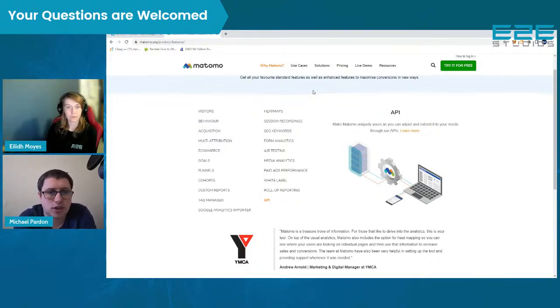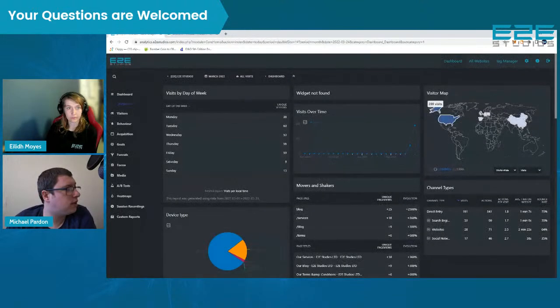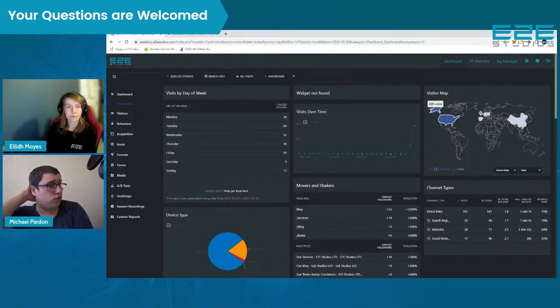So in this circumstance, you could create an API where on your own website, you might want to pull explicit data and maybe make your own graph or make your own custom reports outside of the Matomo system. So now, we're going to run through the Matomo system. We're utilizing our own website as an example of how it works. We've only been running this for a few weeks, but it's given us a good inclination of how